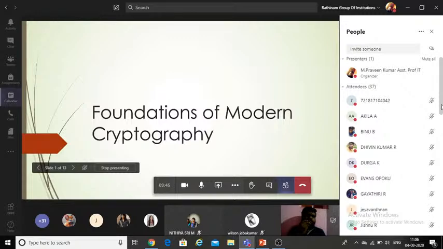So today we are going to see something about a new topic in our first unit, that is foundations of modern cryptography. Right. So this is the last chapter in your first unit. Okay. So first of all, we can segregate our first unit into three things, right? So first one, that is OSI network security architecture. That is a basic thing. I mean, that is the core of our network security subject. And second one is substitution and transposition techniques problems, right?